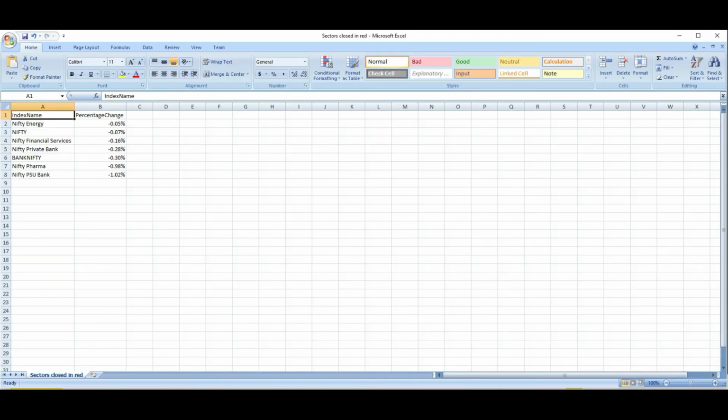Okay friends, so now I have opened the CSV and you can see the same summarized data which you were seeing in that particular visual or heat map. You can see that data in Excel also. So this is a very cool feature of this dashboard. We not only offer you the visuals, but we also allow you to download the summarized data shown in that particular visual, so that you can save this data for your future reference.